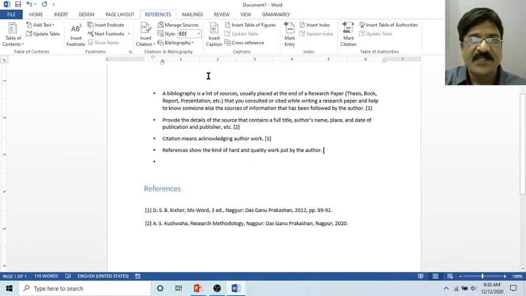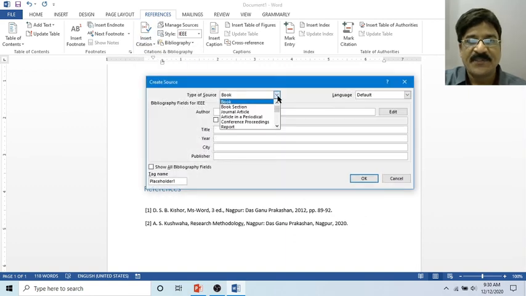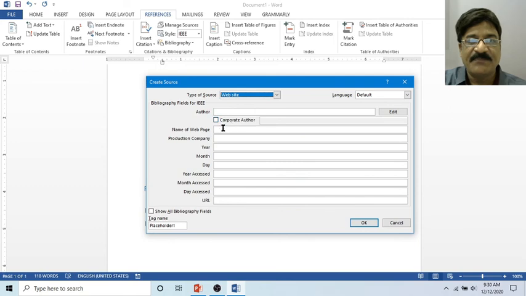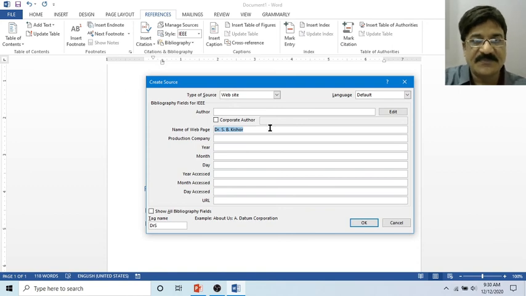Now assume later on you have added some more, and assume that it is from a website. So Insert Citation, Add New Source, select Website or Document from Website. Name of the web page, year of creation, month of creation, the day of creation.